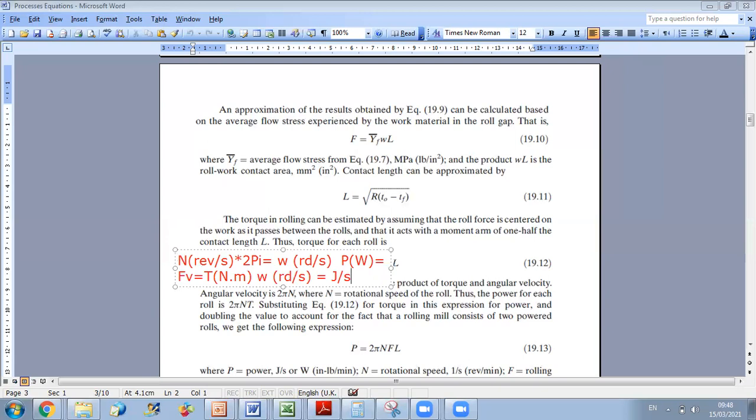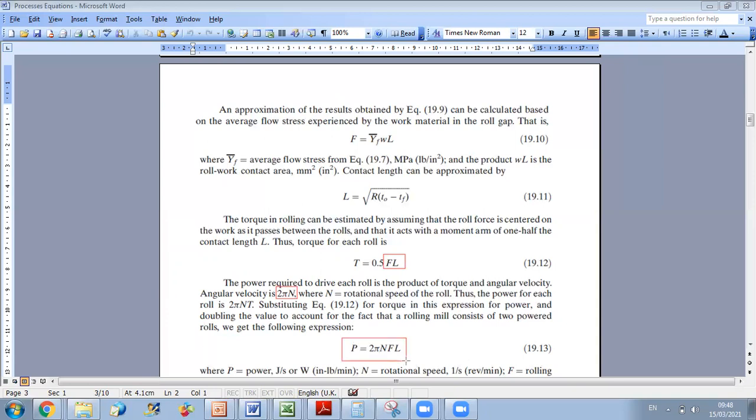Okay, so if you want to calculate the power required to perform your rolling operation, you should say that for each roll I need to provide a torque of 0.5 FL. So for 2 rolls, I need FL as a torque. And by multiplying by omega, which is 2 pi n, because I have 2 rollers, so 2 times 0.5 FL is FL, and I multiply by the angular velocity, which is 2 pi n. I get in total that the total power needed to operate the 2 rollers is 2 pi n times FL,